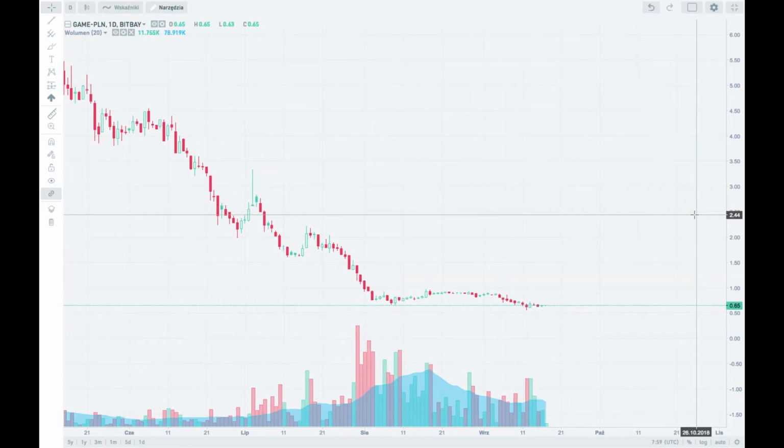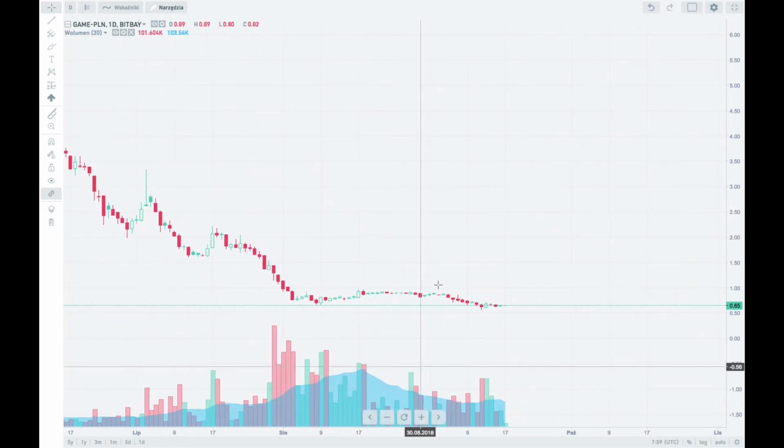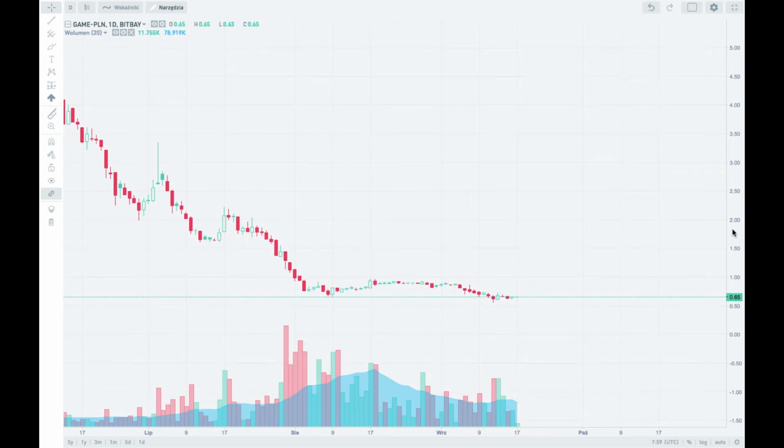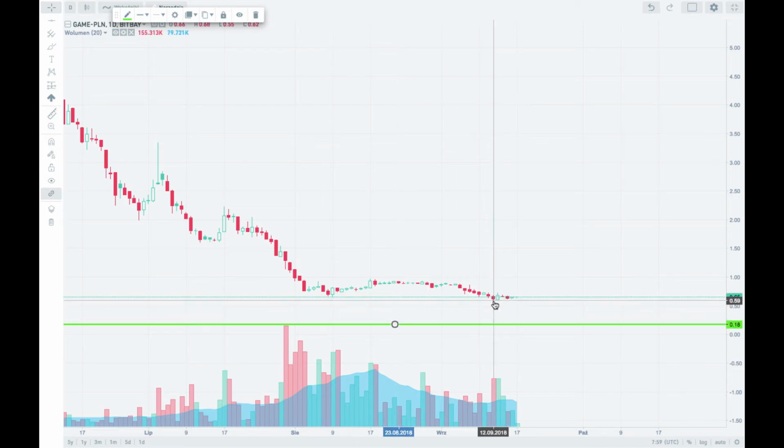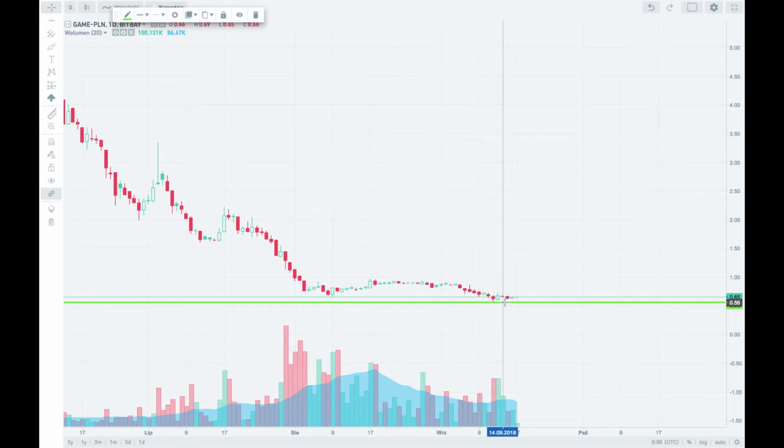If we zoom in to these latest developments, we can mark the support levels. The one was here, but it was broken, and we got this slight pin bar here, and then we got an up candle, the next one, and the volume is pretty decent here. So we might mark the support here, at 0.56 on this level.